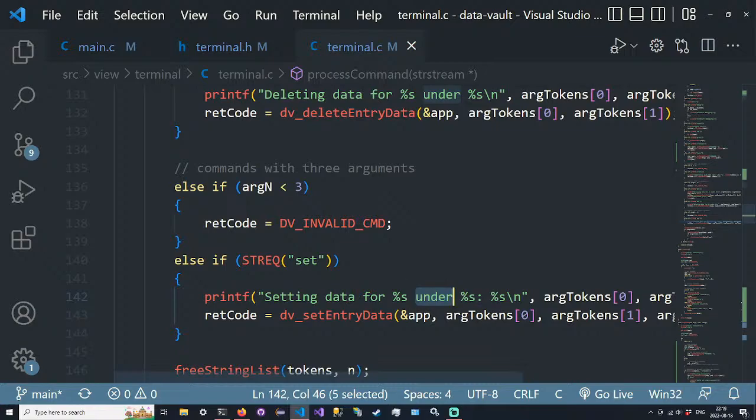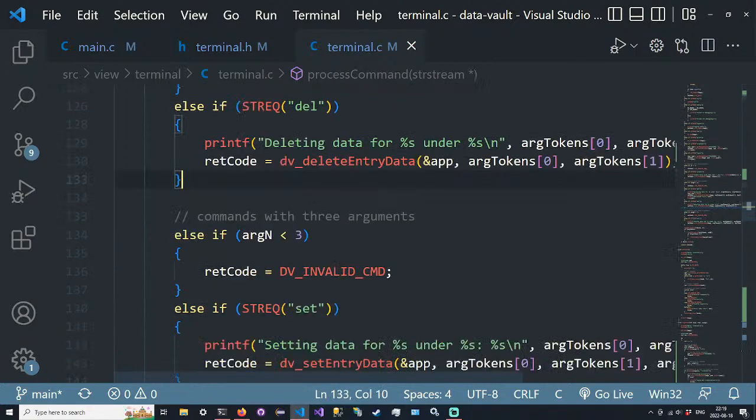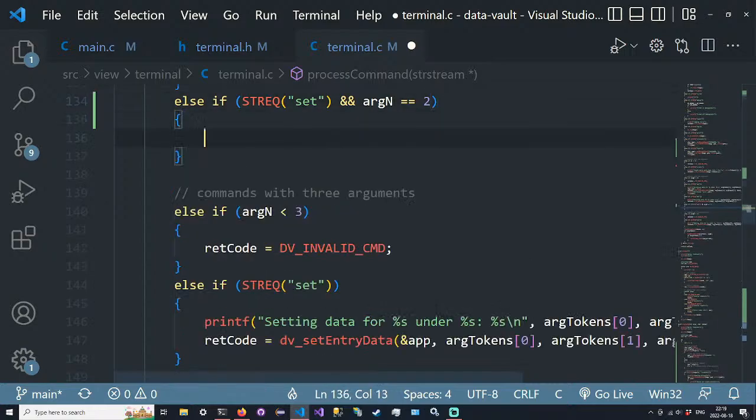So what we could end up doing is have an else if this is our set command with 2 arguments. Else if string equals set and argn is equal to 2, then we want to take in or set data